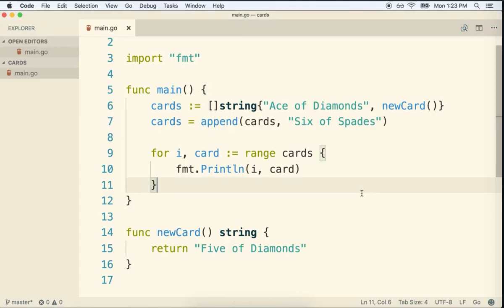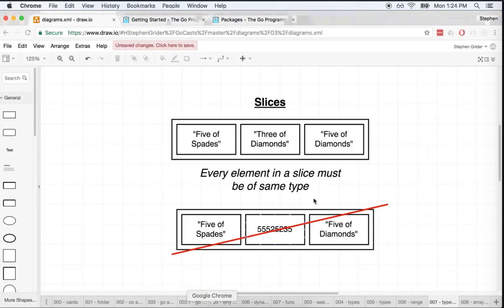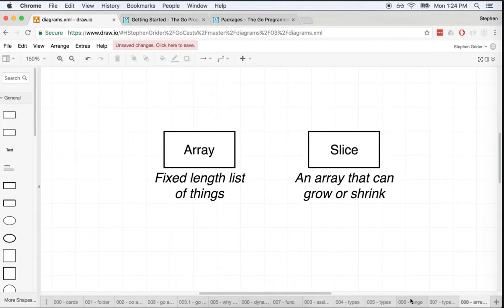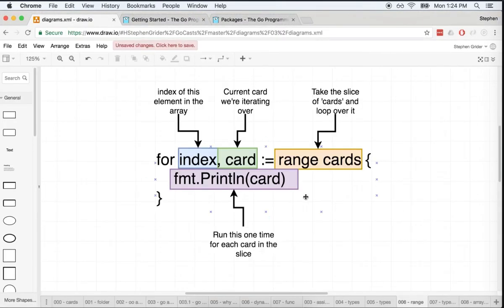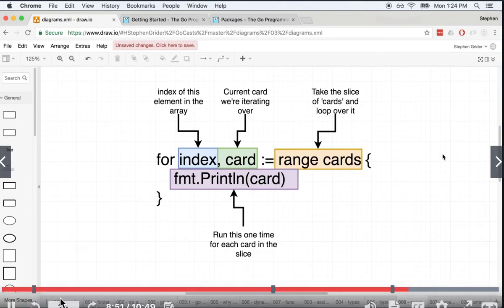Okay, so let's break down that syntax a little bit. So I'm going to pull up a diagram here, and here we go. Okay, so this is how we iterate over a closed set, or kind of like a slice, an existing slice of records. The most important element is off here to the top right-hand side. Here we said range cards. And so you can interpret this as telling Go, hey, here is a slice of records. We want you to take this